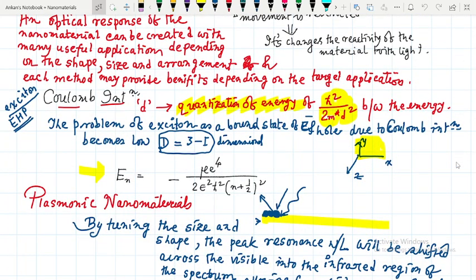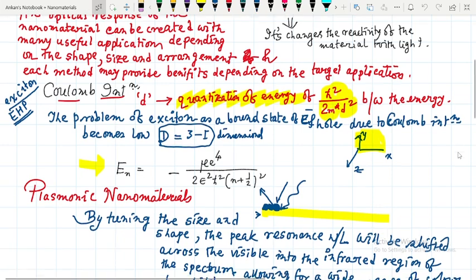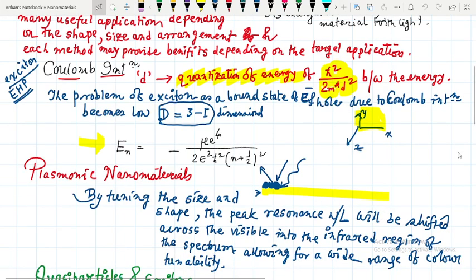Next, we have dealt with some interaction present due to the confinement of the quantum particles such as electrons and holes inside the materials, and this gives rise to some correction to the Coulomb interaction, where in the one-dimensional case it is of the order of h bar square by 2 m star d square, while in case of the two-dimensional, where the Coulombic interaction was present in the xy plane, but the confinement was present along z, the energy contribution was given by En as,